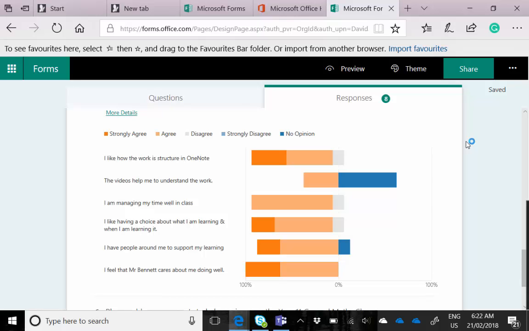So it could be as simple as a 30-second form, or they might have to spend a couple of minutes doing it, or it could be a 10-minute survey. So there's lots of ways you can use this, and as you can see, it's really easy to share it with the students and get their responses. Obviously, if you need any help with any of this stuff, then you need to see either someone who's using this particular program, or you need to come and catch up with myself, and I'll